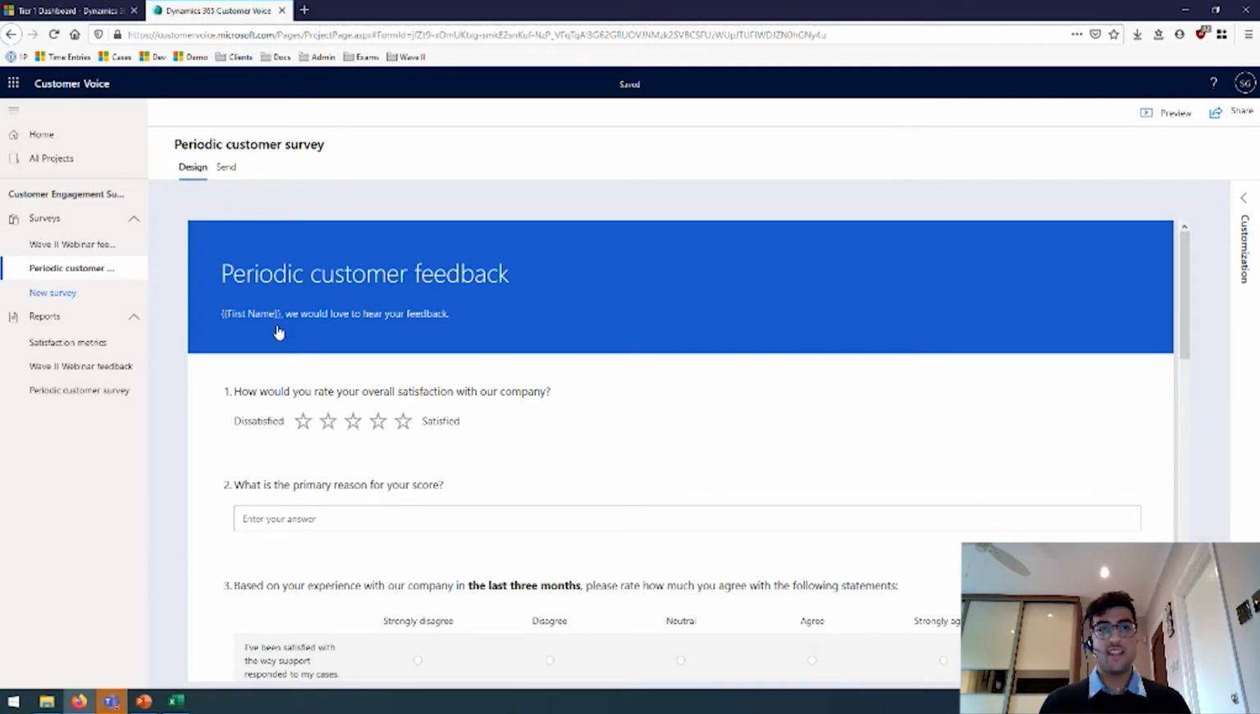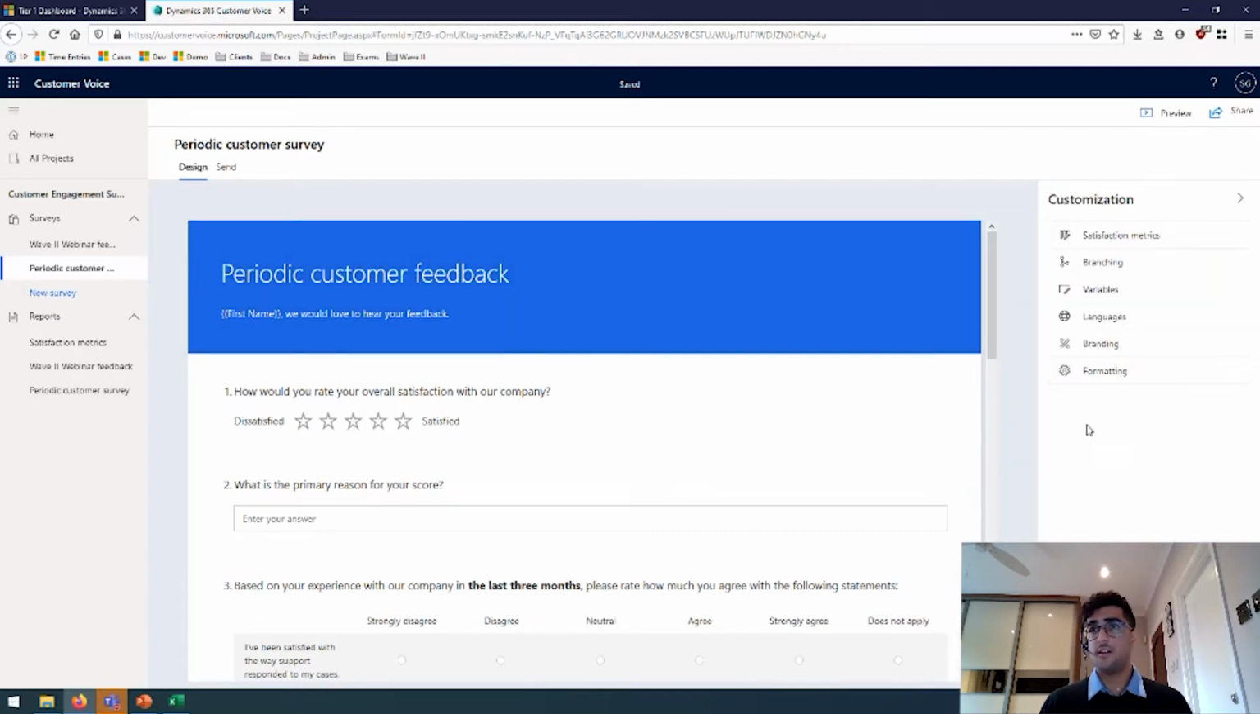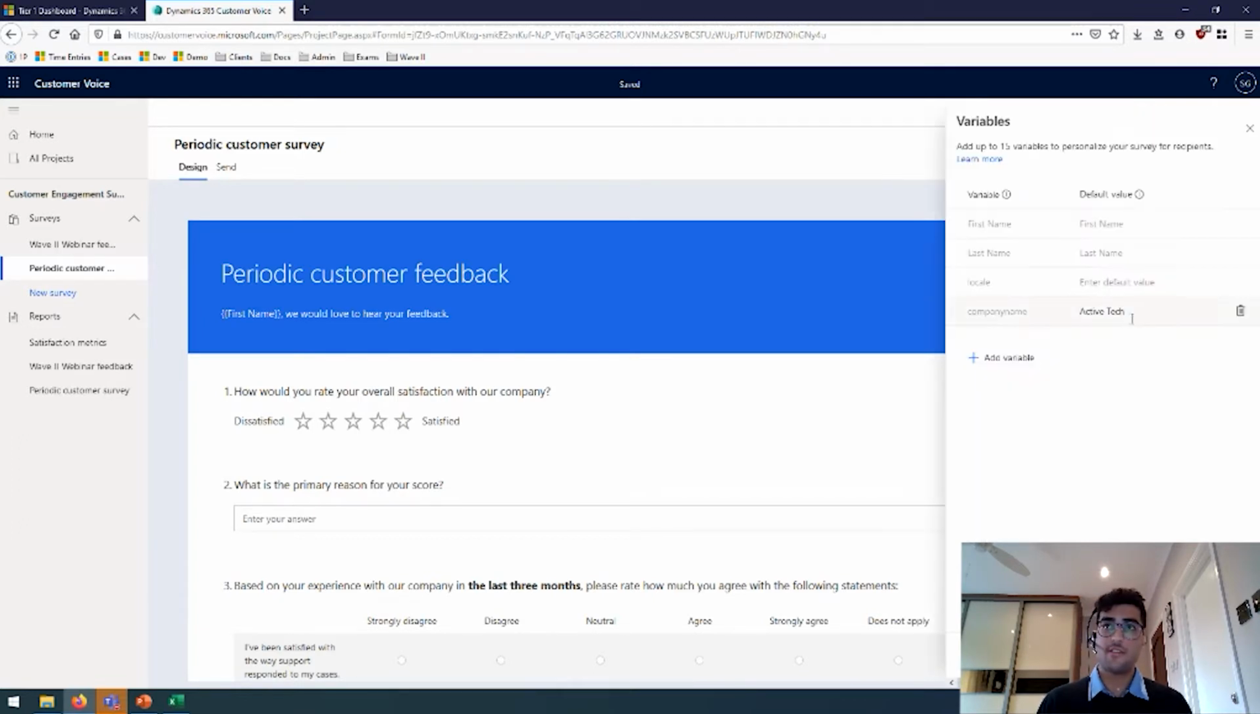We can also add any variables really that we see fit, and we could define them. We could define these variables using Power Automate, at the email stage, and at the survey stage as well. So Sam, if you go to customization, thank you, and just go to variables, please. Thank you very much. We'll see that I've created a variable right at the bottom called company name, and I've just given a default value as ActiveTech as a pseudo company. So if you click close and you scroll down,